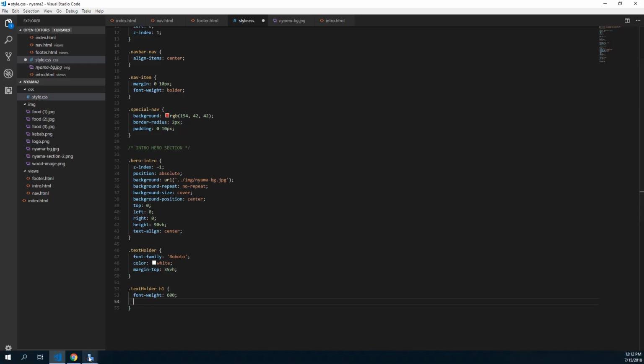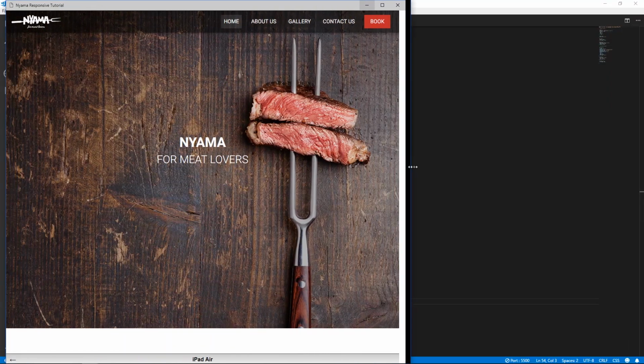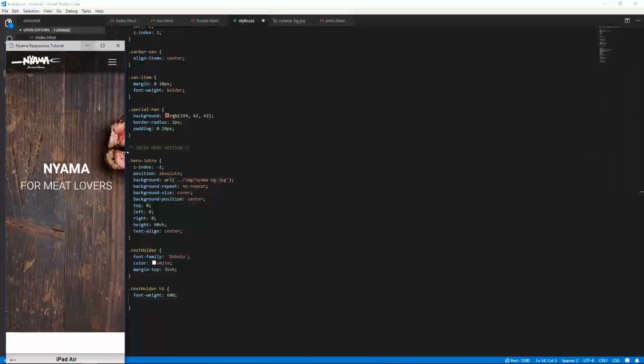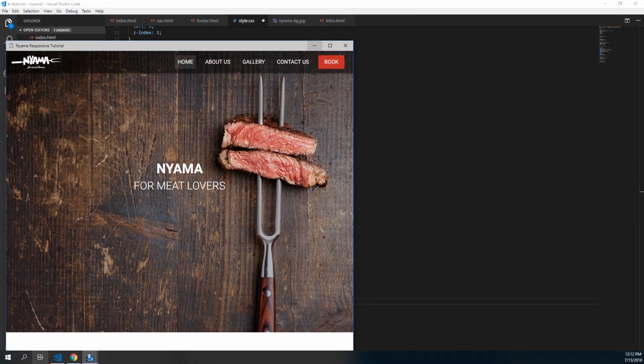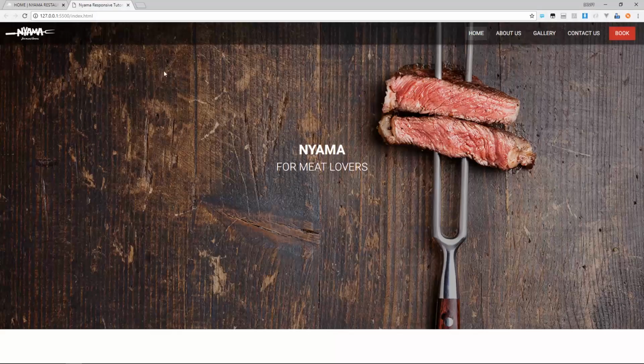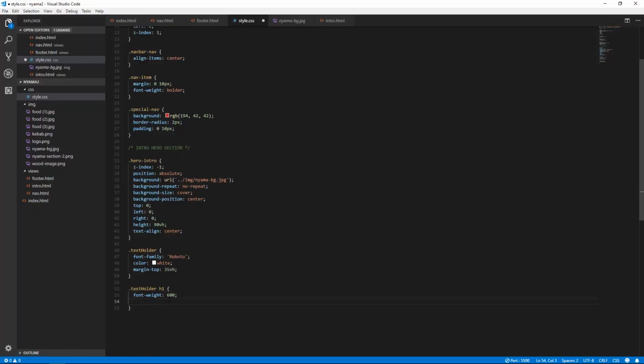So for the font size, if we have a look at the current font size, it's pretty static. It doesn't change with the screen size. It stays that size. And once we get to this size, we don't really want that. We want it to scale down because this is going to be bigger than the cell phone screen size. So we have to use a size that's relative to the width of the screen, because that's what changes on devices. And in order to use that, I'm just gonna go font size,